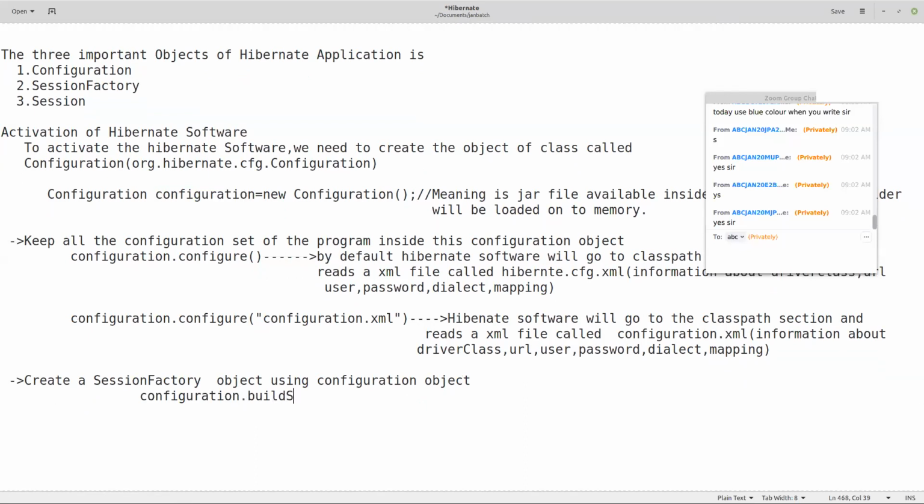That means you should call buildSessionFactory. What will this do, sir? It will give you the session factory. Sir, what will be there inside that session factory? Why do we need a session factory there? I will show it to you practically. What this line will do is,